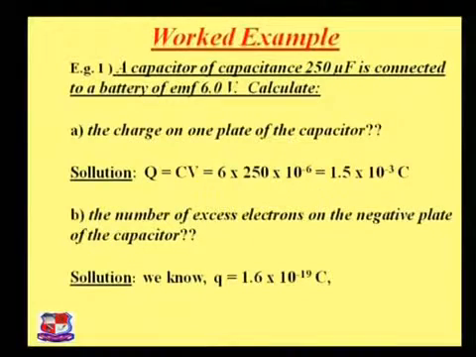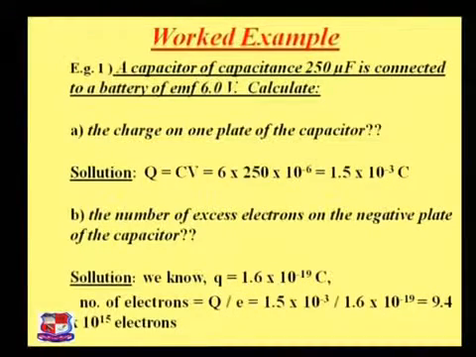Now the next part is the number of excess electrons on the negative plate of the capacitor. As we already know, the charge of one electron, small q, equals 1.6 into 10⁻¹⁹ coulomb. So if that is for one electron, then the total charge is 1.5 into 10⁻³ coulomb. Dividing the two, we can find the total number of excess electrons on the negative plate, and these are 1.5 into 10